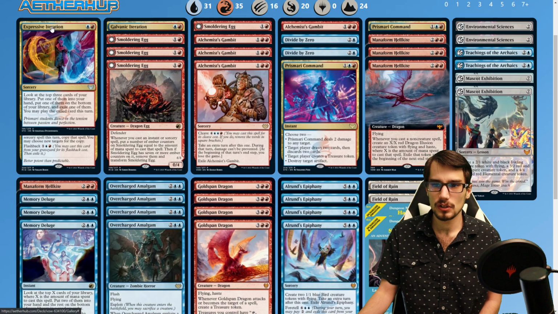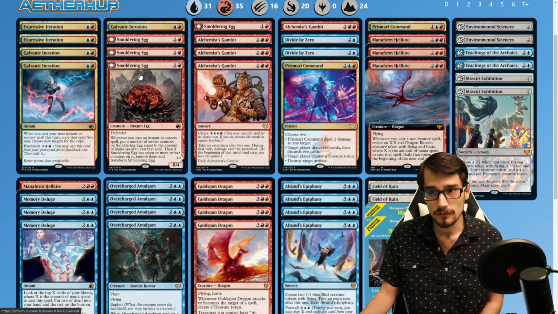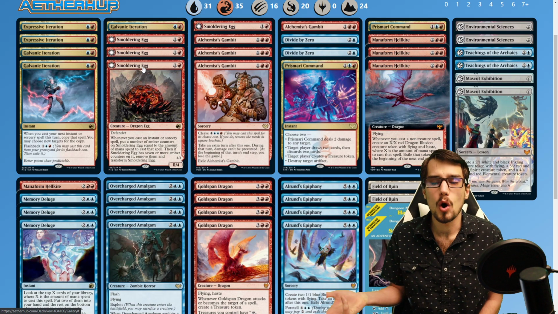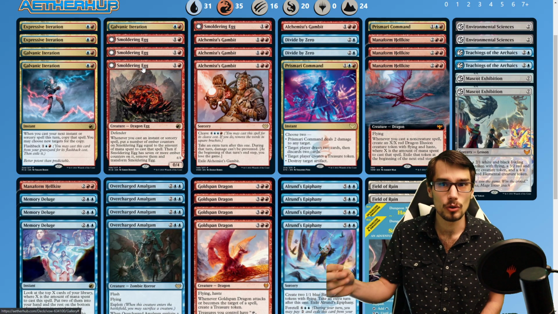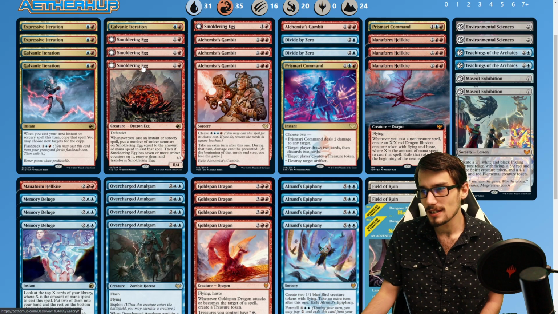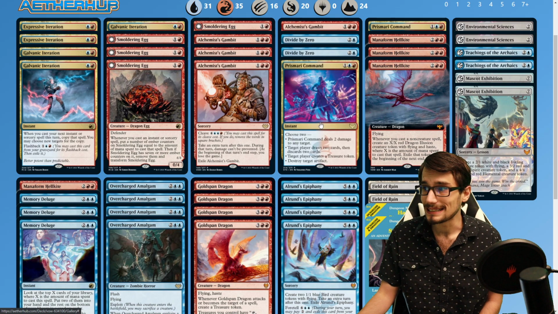We have Expressive Iteration to dig. We have Galvanic Iteration to copy. Smoldering Egg 0/4, cast at 7 mana value. On top of it, it flips to a 4/4 that when you cast an instant or sorcery, it will deal 2 damage to any target. Holy Toledos. And then Divide by Zero for the bounce, Prismari Command for the ramp and damage,